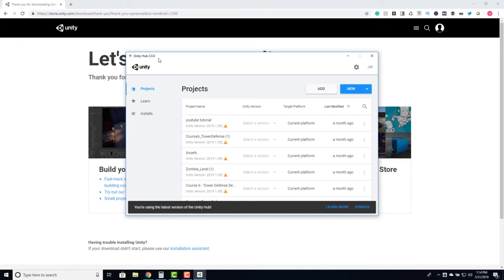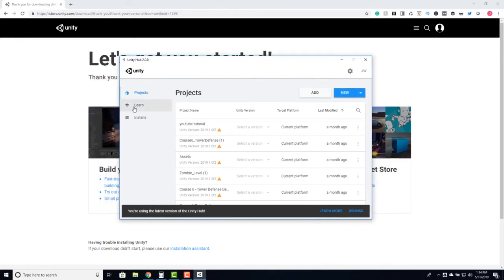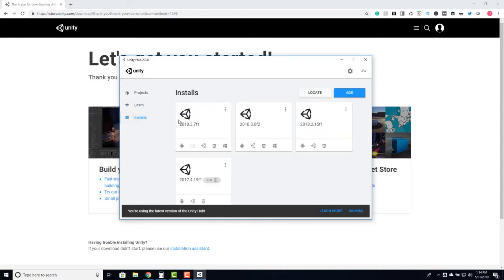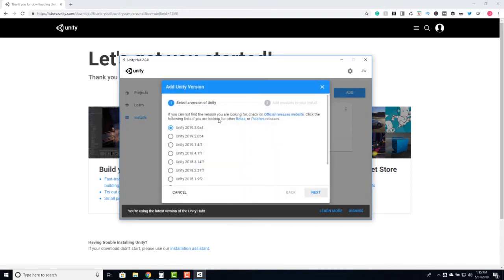And then you'll see here an editor for Unity Hub. And Unity Hub lets you manage all of your projects directly from this editor. You'll see here I have several projects already created. There is a Learn section that has some getting started resources, and then there's an Installs section, which actually lets you install and manage Unity versions. So you can locate an existing version, or you can click the Add button, and you can actually add the